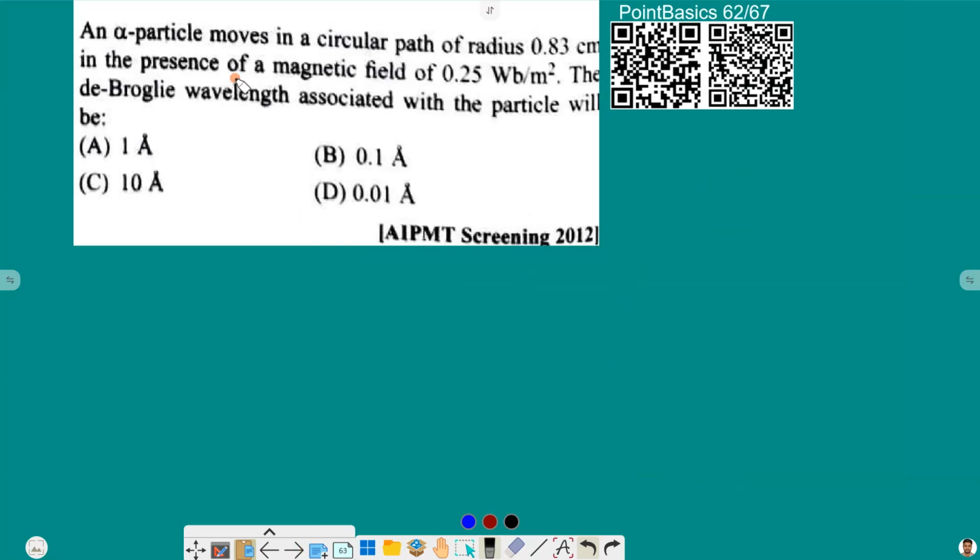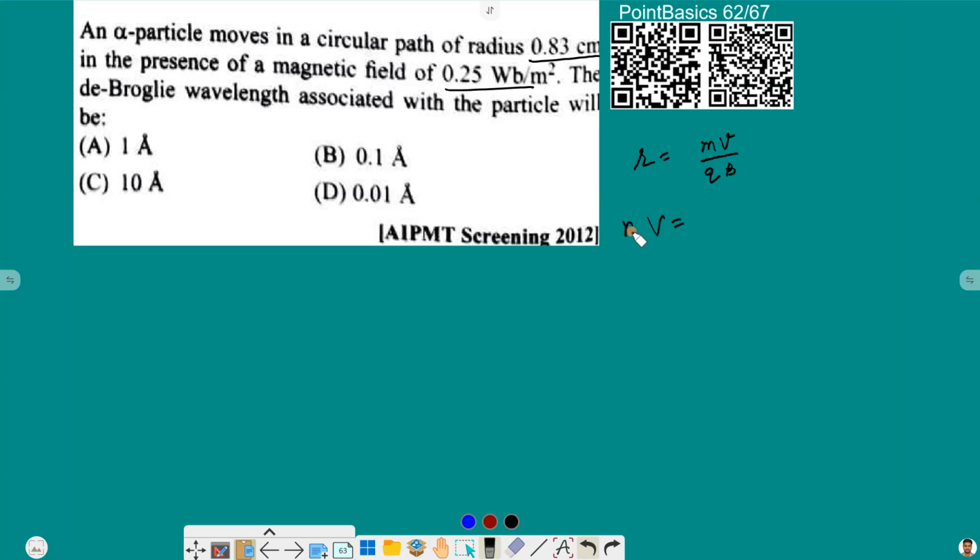Next one, an alpha particle moves in a circular path of radius 0.83 centimeter in the presence of a magnetic field. The de Broglie wavelength associated with the particle will be? So here the alpha particle is moving in a circular path. For a circular path, we know that the radius is equal to mv by qB. Basically we need the de Broglie wavelength, so we need momentum, and momentum will be equal